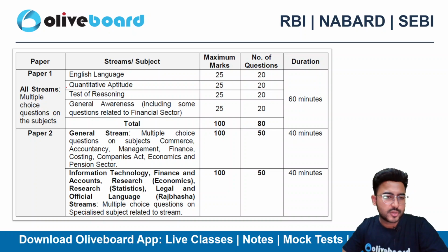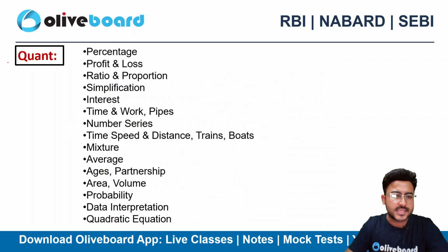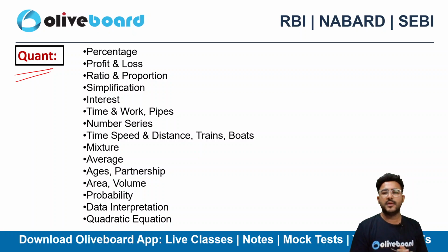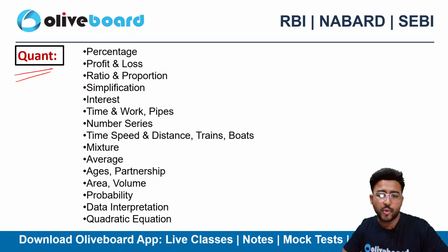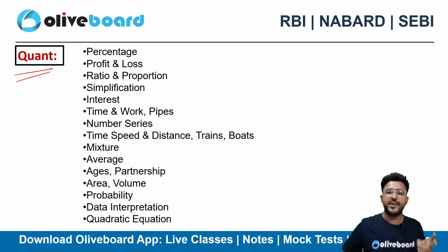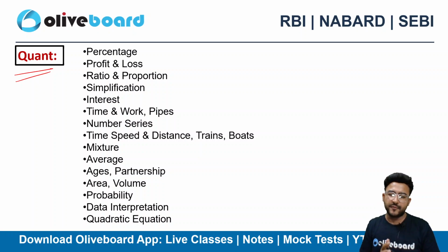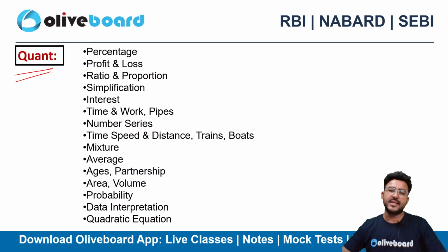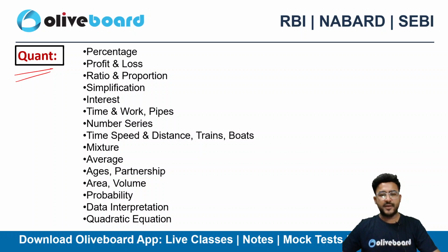So now if I talk about the paper 1 of the phase 1 examination, which is having English, quant, reasoning and general awareness, these are the topics that you need to study from the quant, though we do have a complete syllabus which is mentioned in the notification for the paper 2 of phase 1 and paper 2 of phase 2. However, we don't have a suggestive syllabus or a complete syllabus in the notification related to quant, reasoning, general awareness and English, right? So we have drafted major chapters that they are asking in the examination,